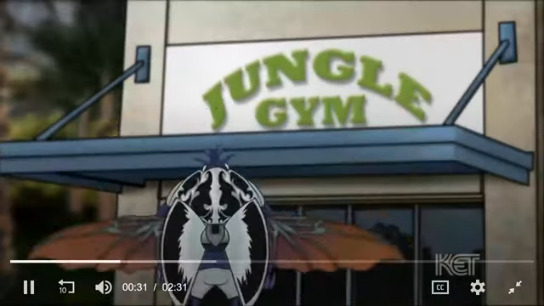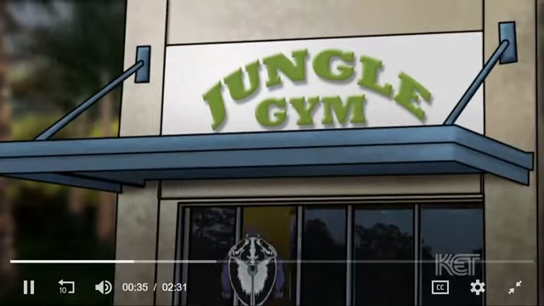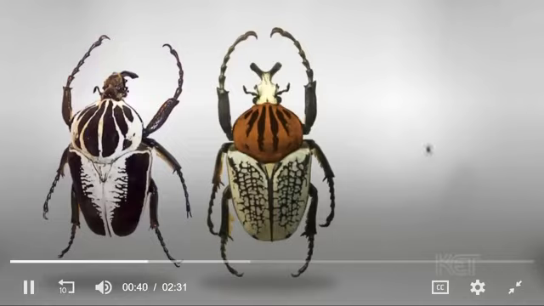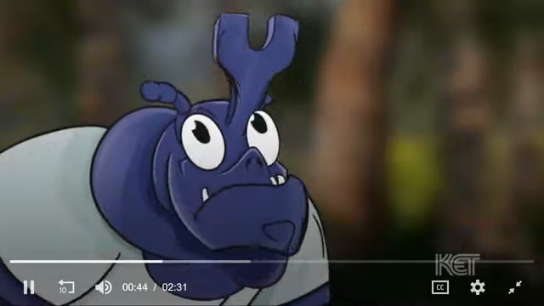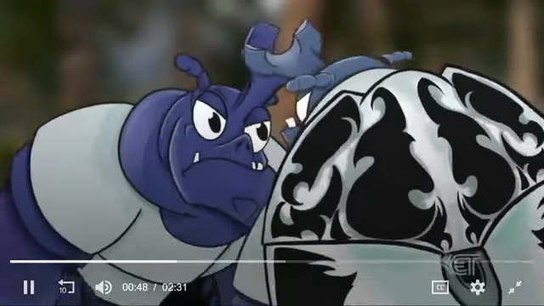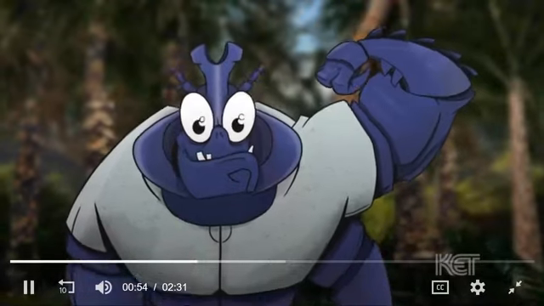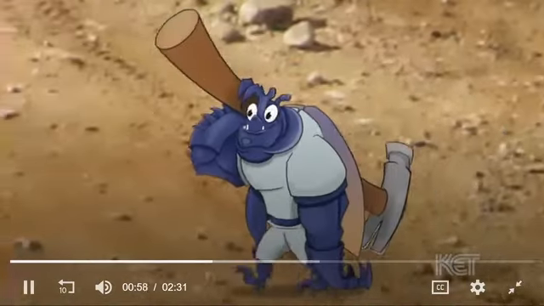When he lands, he neatly tucks his long wings under his wing covers. Hey, what's up, bro? Goliath beetles have beautiful symmetrical markings in contrasting colors. The males also have Y-shaped horns. As you might guess, they use those horns to fight. And what do they fight about? Territory, food, and females. Goliath beetles are known for their strength. If you were as strong as this beetle, you'd be able to pick up a car.